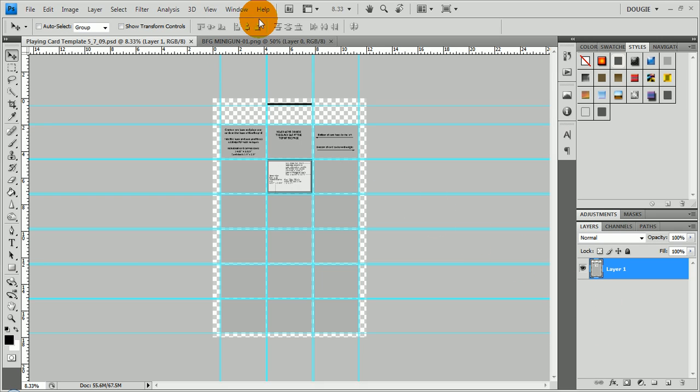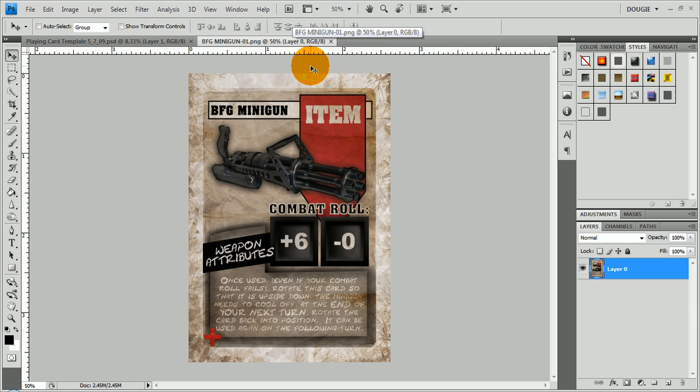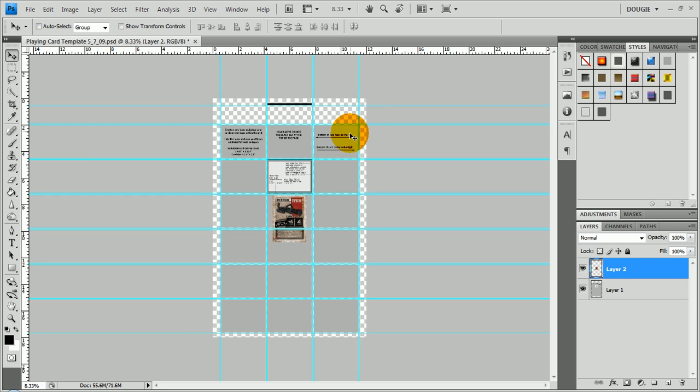In this video, we'll be going over how to set up a sheet of cards with a common back, which means every single card has the exact same image used as the back. So as you can see, I'm going to use the poker card template, which has 18 cards on a sheet, and I'm going to use this card here. We're just going to use the same card over again. It doesn't really matter. So we're going to copy and paste our card onto our sheet,